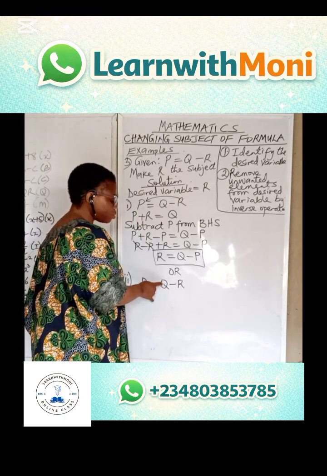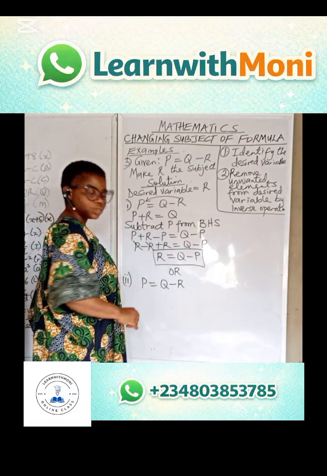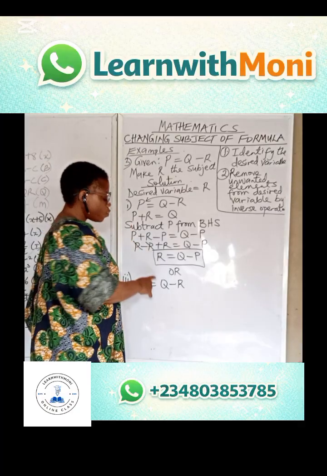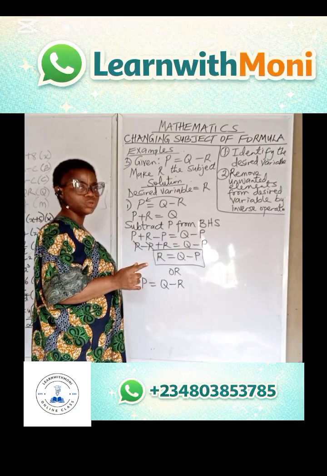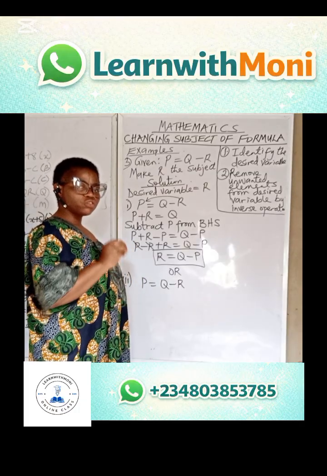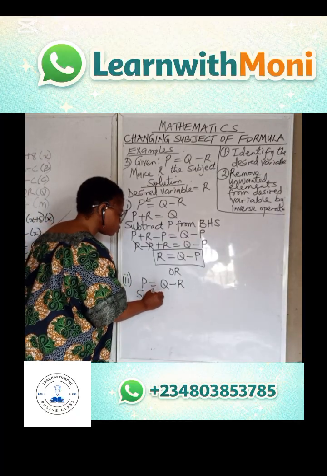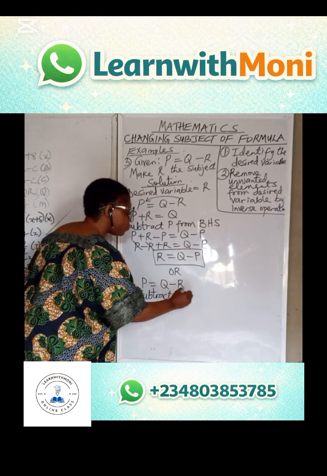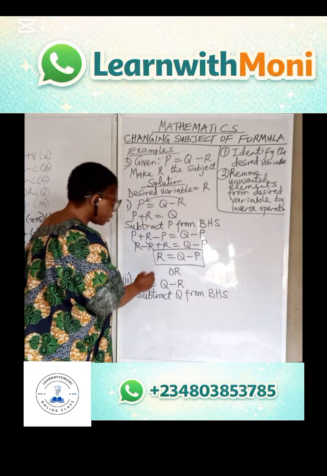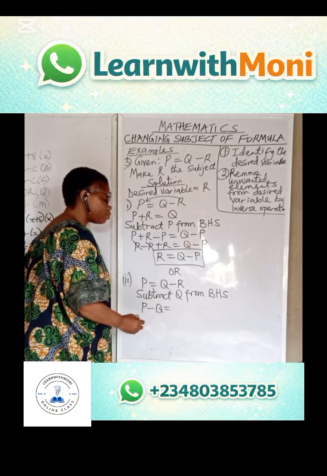On the same side with R is Q. So we want to dissociate this Q from R. The sign in front of Q here is positive. So the inverse of plus Q is minus Q. So I want to do minus Q to both hand sides. Minus Q means subtract Q. So I want to subtract Q from both hand sides. This means on my left I have P minus Q equals, on the right we have